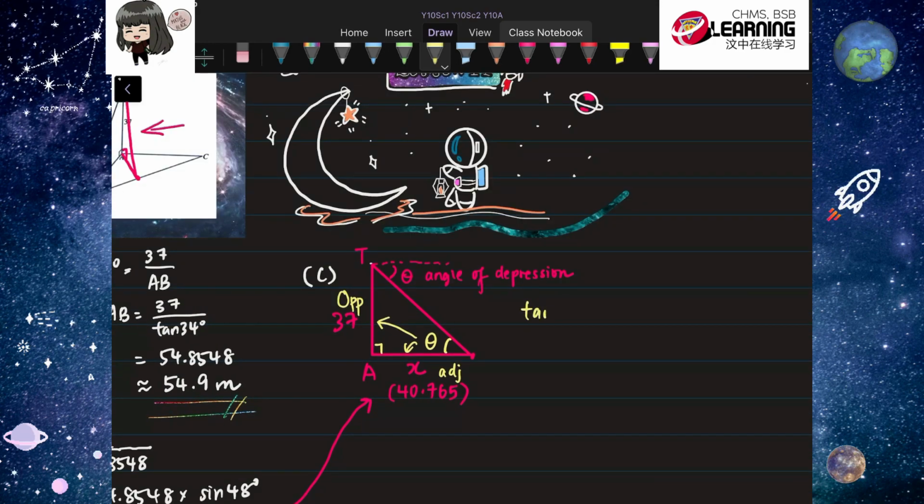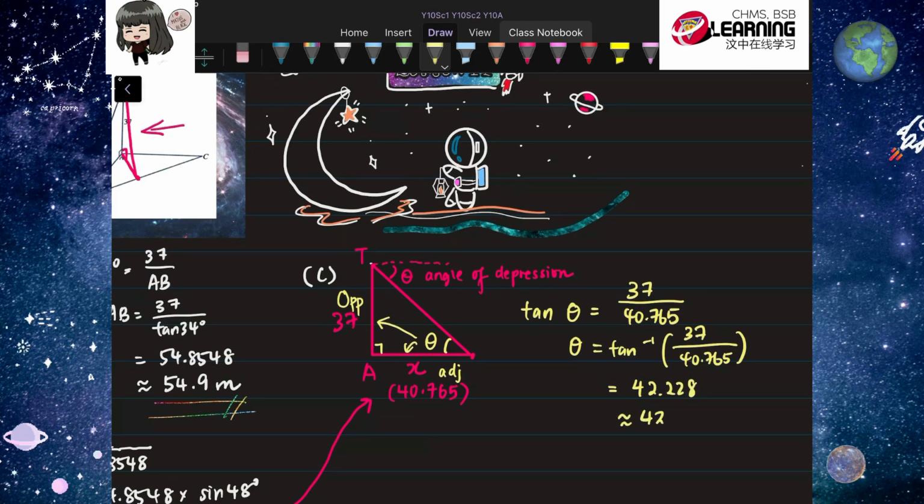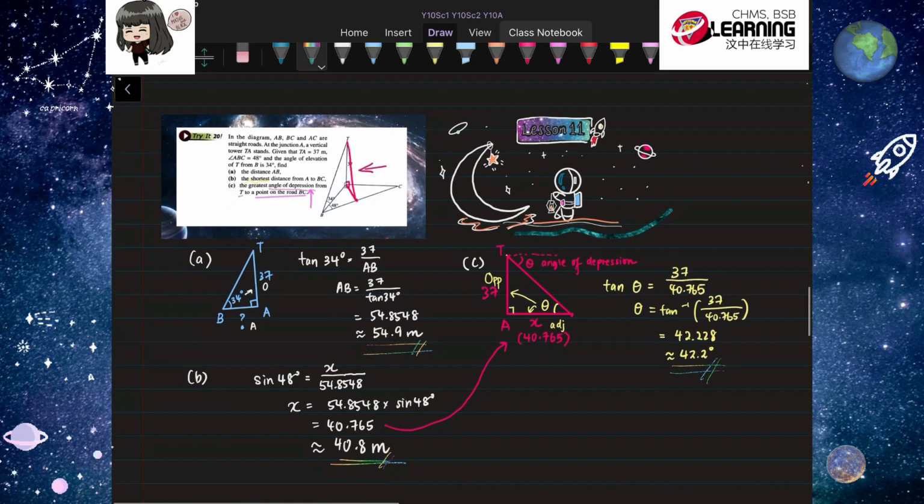So I use tan angle equals 37 over 40.765. So your angle of depression will be equal to 42.228, which is 42.2 degrees in one decimal place. So that is the answer